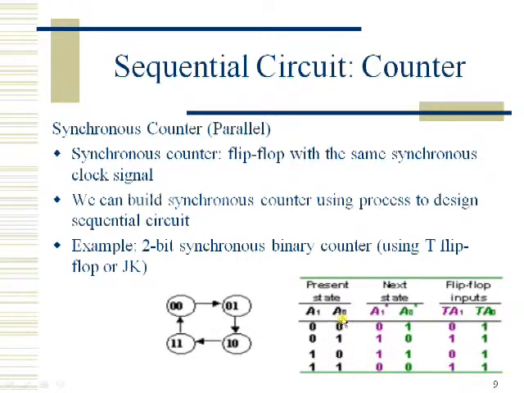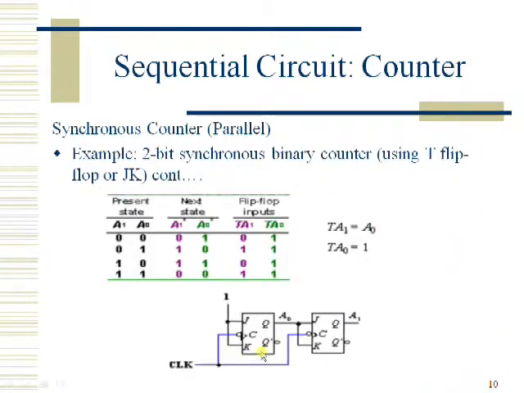In the same way we have to write for A0 and A0 plus. There you can see that A0 is 0 and A0 plus is 1, therefore it is represented with 1. So we have got all ones here, and we have got all zeros, 0 1 0 1 here.